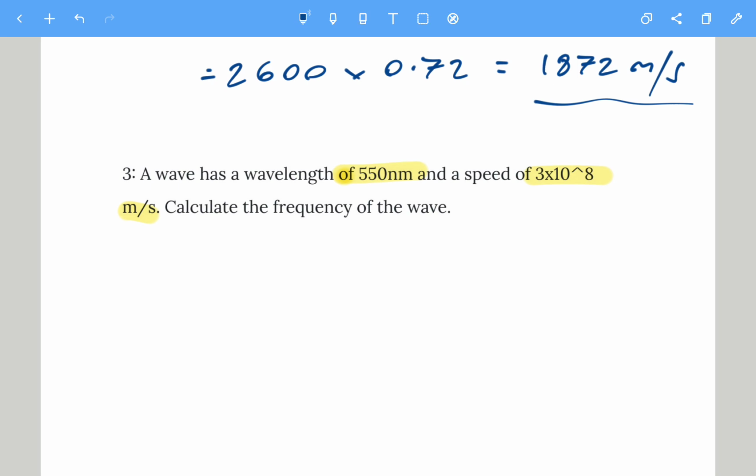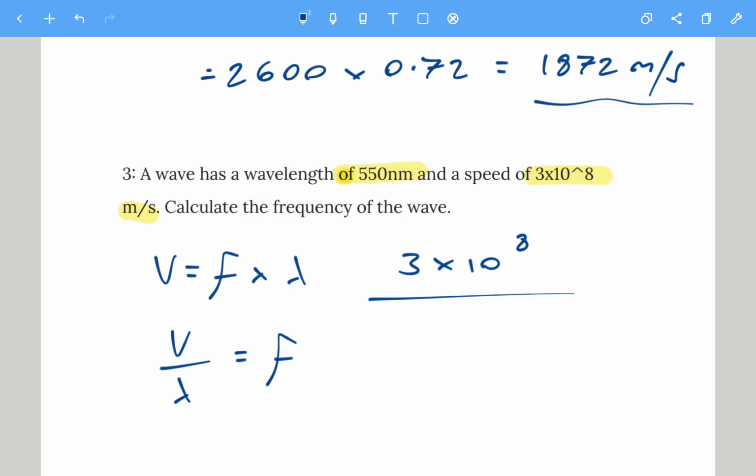So the wave has a wavelength of that, and we calculate frequency. Wave speed is frequency times wavelength. We need to get rid of the times wavelength, to get frequency on its own, to make it the subject. So we need to divide on the other side. So wave speed divided by the wavelength gives us the frequency. So the wave speed is 3 times 10 to the 8, which I'm just going to write as 3 times 10 to the 8,